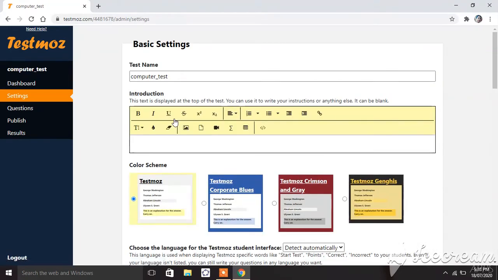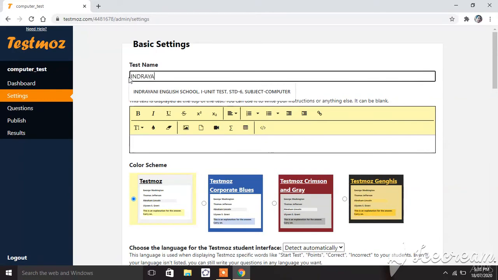Click on adjust setting. See here, upside is a header portion. Whatever you want at the top, in the header, will display here. So I will write my school name here, Indrayani English School.